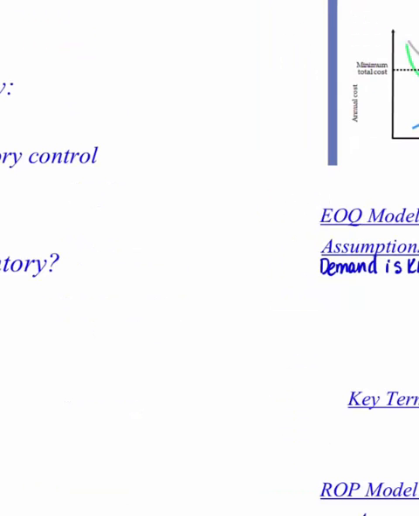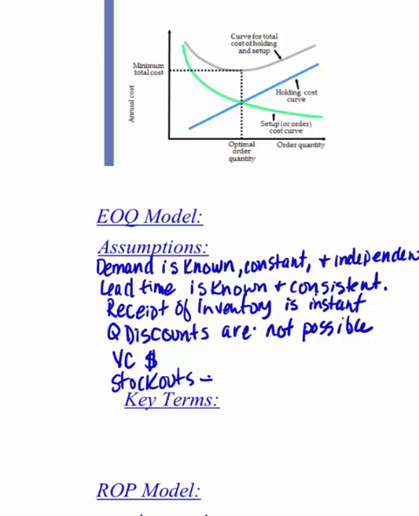So the first assumption of the economic order quantity model is that demand is known, constant, and independent. The second assumption is that lead time is known and consistent. Knowing these two things right away helps you see that this model is only going to work in particular situations. As well, inventory is received just as we order it, so it's instantaneous, and quantity discounts